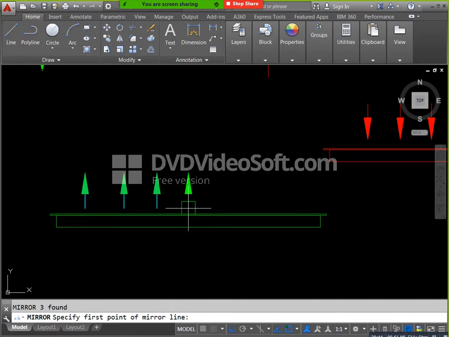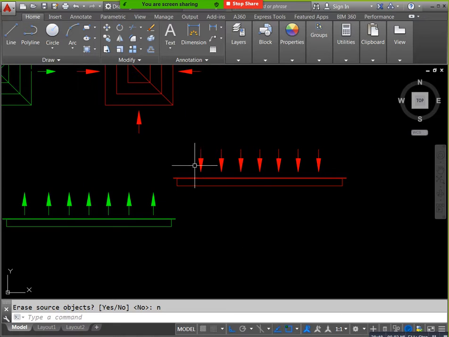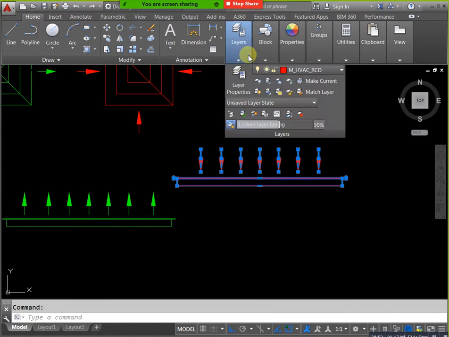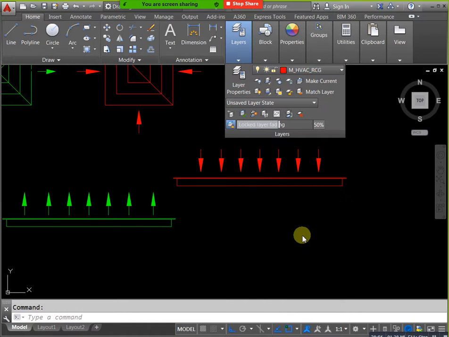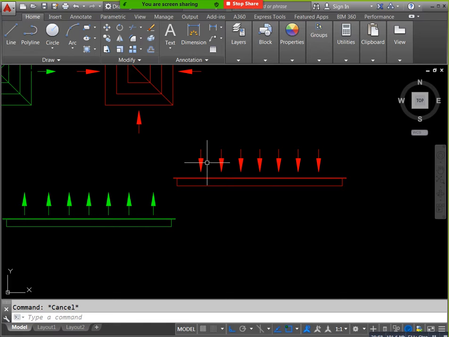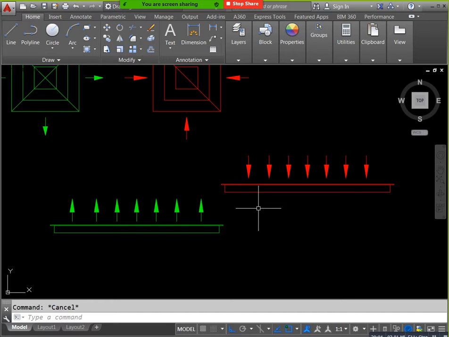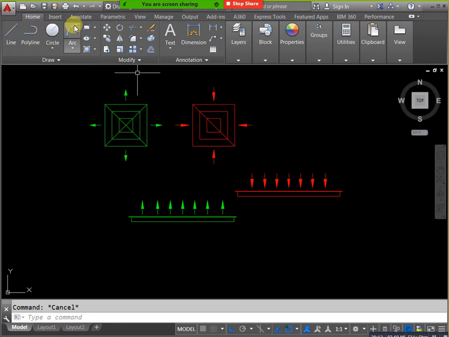Supply means, for example, this is your room. I will show. Okay, not elevation. This, why we are using grill? Side view condition, na. For example, we have step ceiling like this.